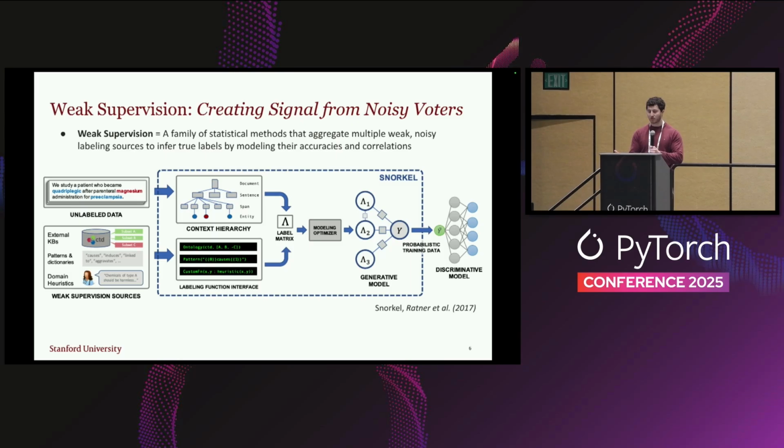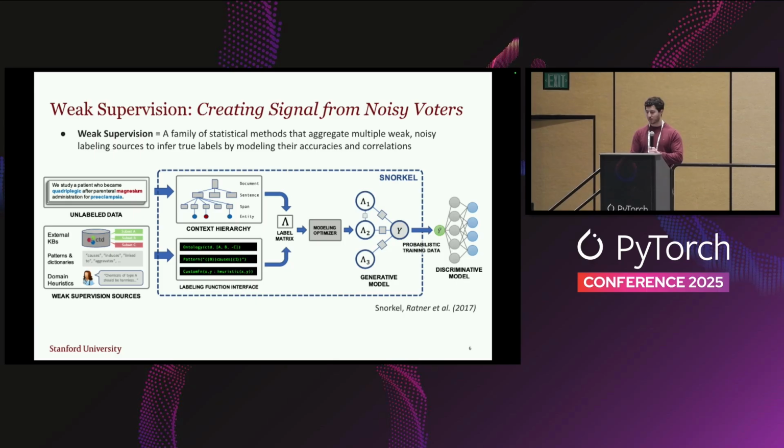So we looked towards some older versions in statistical machine learning, specifically weak supervision. For those who aren't familiar, it's a family of statistical methods that help you aggregate multiple weak and noisy labeling sources. You could imagine, if you wanted to predict the weather, you have all sorts of different metrics that are useful, like atmospheric pressure, humidity, what the weather was the day before, how sunny it is outside. All of these individual signals can be weak and noisy, but by aggregating them together and taking advantage of their complementary strengths, you can get something better.